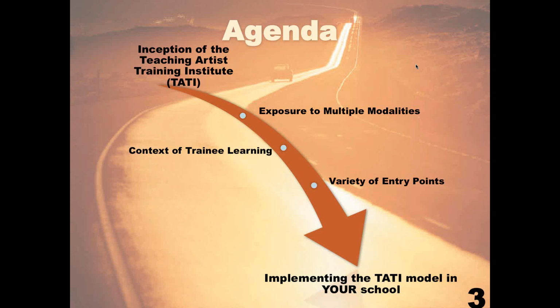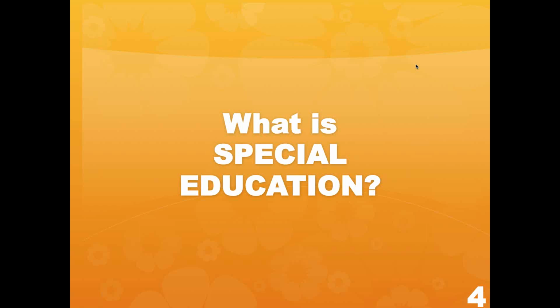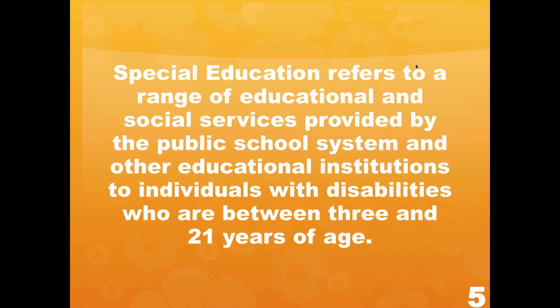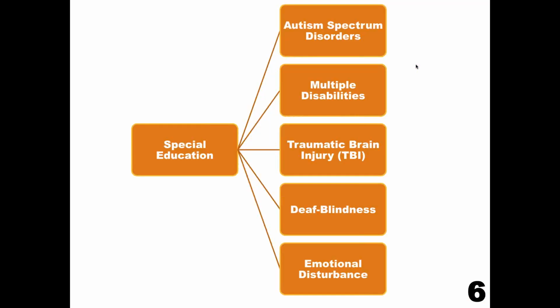So before we get started, let's define special education. What is special education? Special education refers to a range of educational and social services provided by the public school system and other educational institutions to individuals with disabilities who are between 3 and 21 years of age. Special education is an umbrella term for autism spectrum disorder, multiple disabilities, traumatic brain injury or TBI, deaf blindness, and